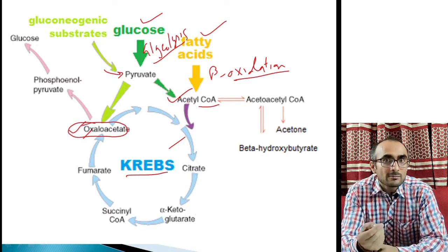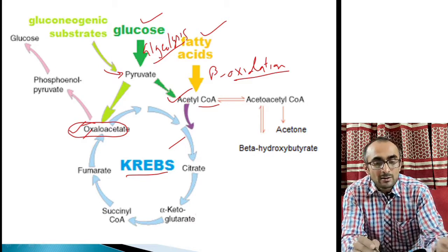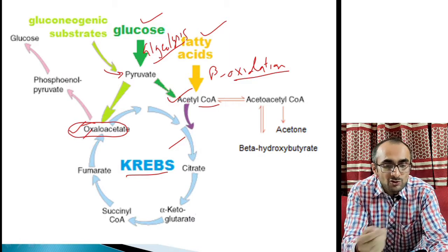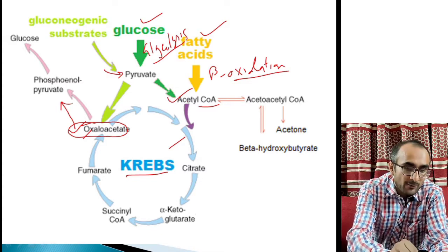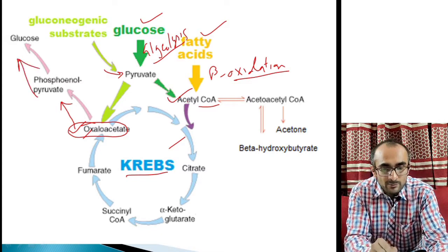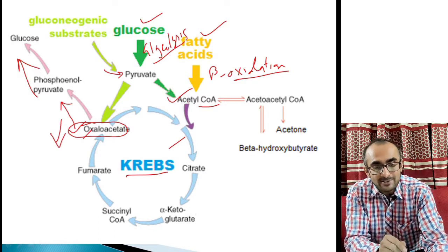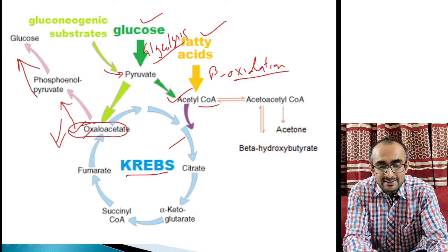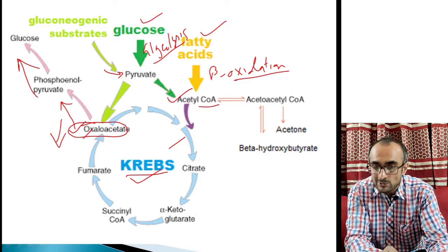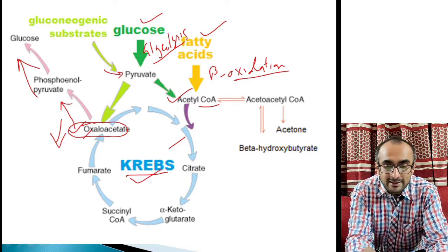In case of glucose present in low concentration, gluconeogenesis is promoted. In that, oxaloacetate is converted into phosphoenolpyruvate and finally to glucose. So it means oxaloacetate is depleted when glucose is absent in the cell. And when oxaloacetate is not there, the TCA cycle, Krebs cycle, cannot continue, because in order to continue the Krebs cycle,